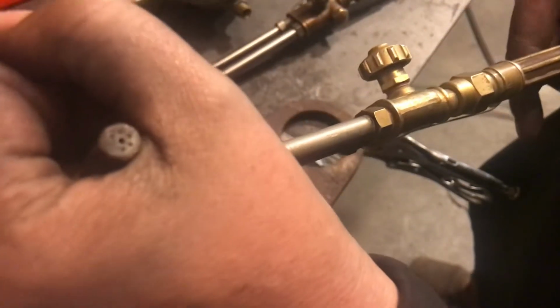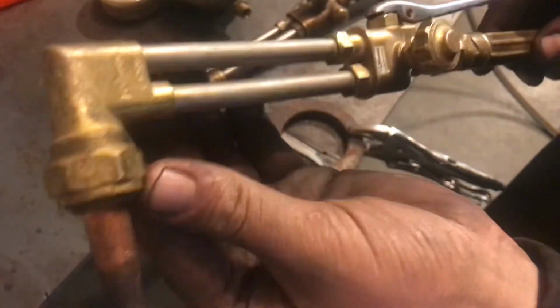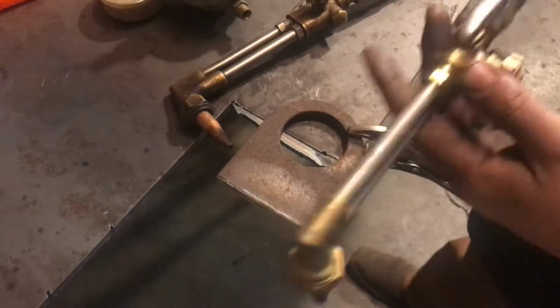The cutting tip that it came with is honestly beat to shit. And looks like, yeah, one of the preheat holes is smashed over. And so I figured, and for one, the price was right on the cut and torch setup, so I couldn't